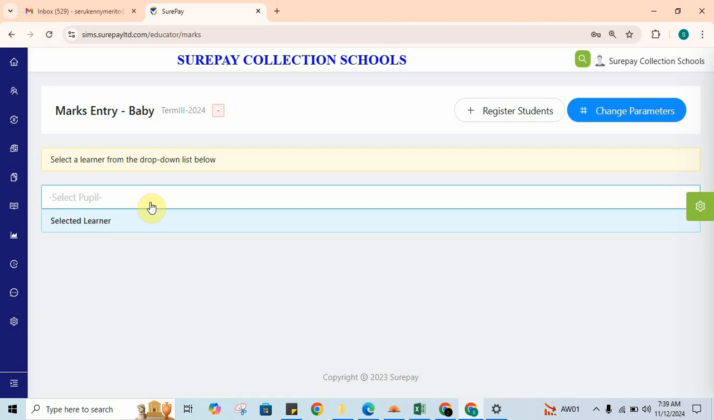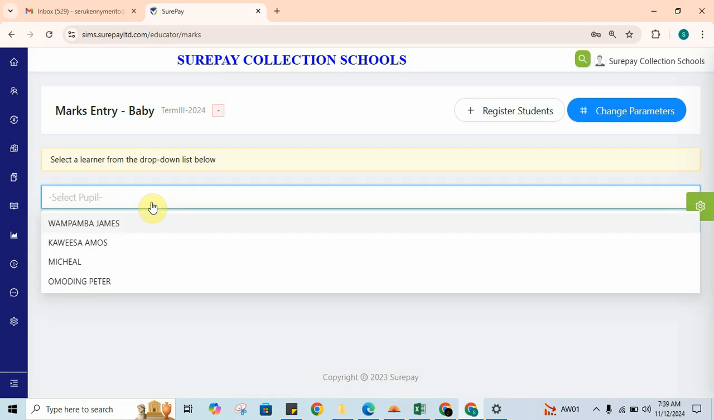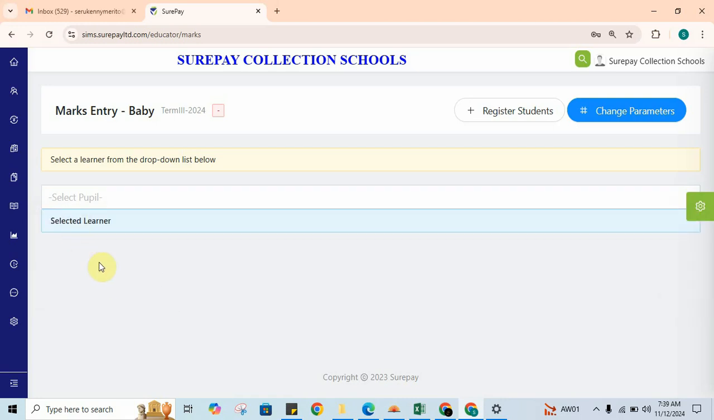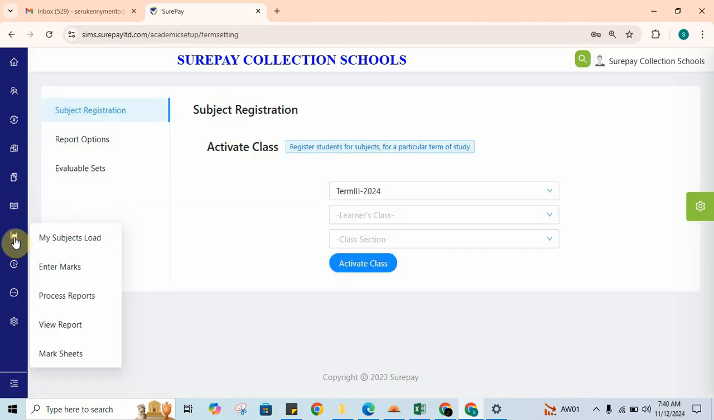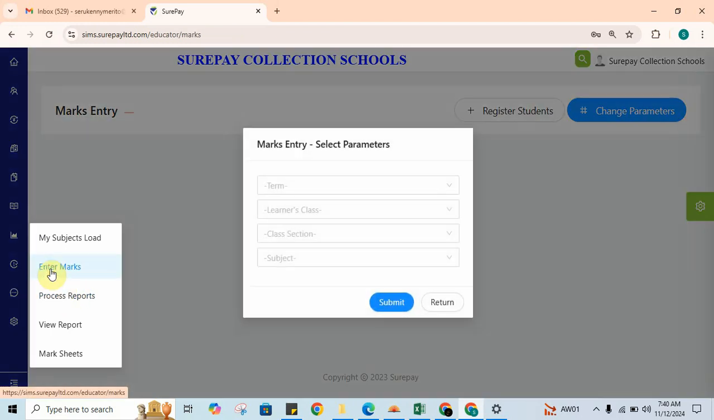Once you click on select pupil, we are going to see the learners, and here we see Wampamba James, Kawesa Amos, Michael, Omoding Peter. Remember how our learner was Wamala Fred, meaning this is a different class. Now if we want to select the particular learner we saved, we may go back and come to enter marks again,